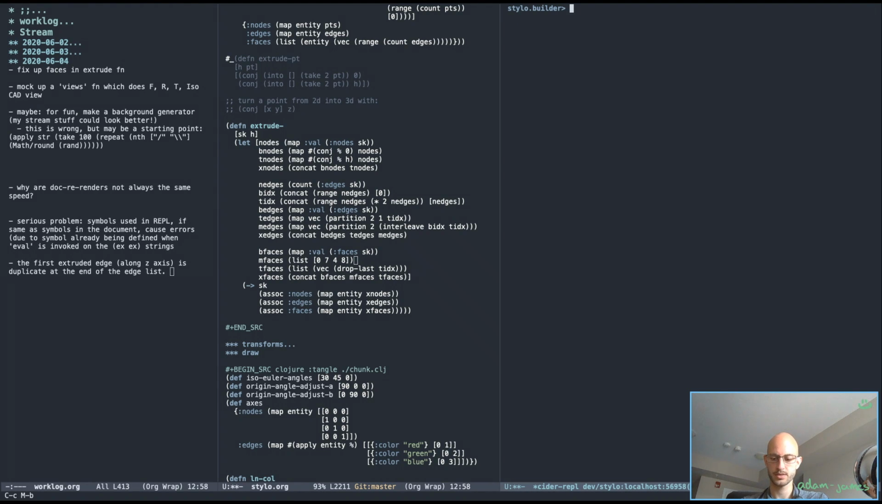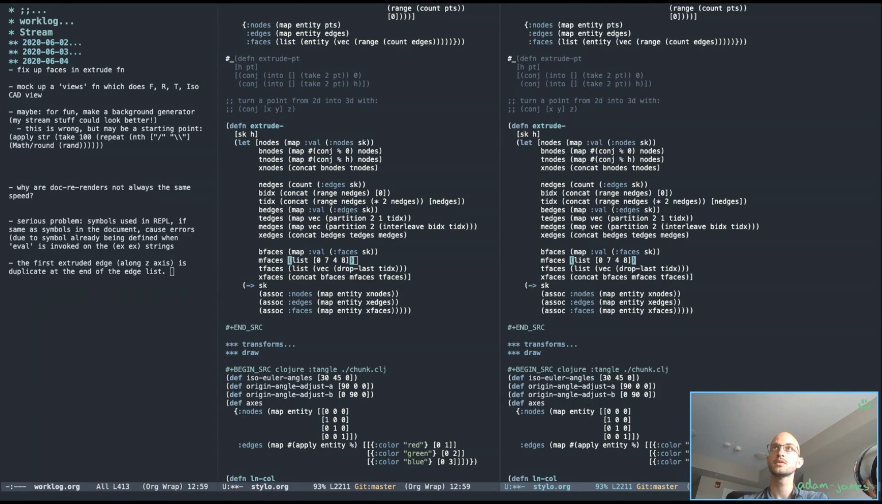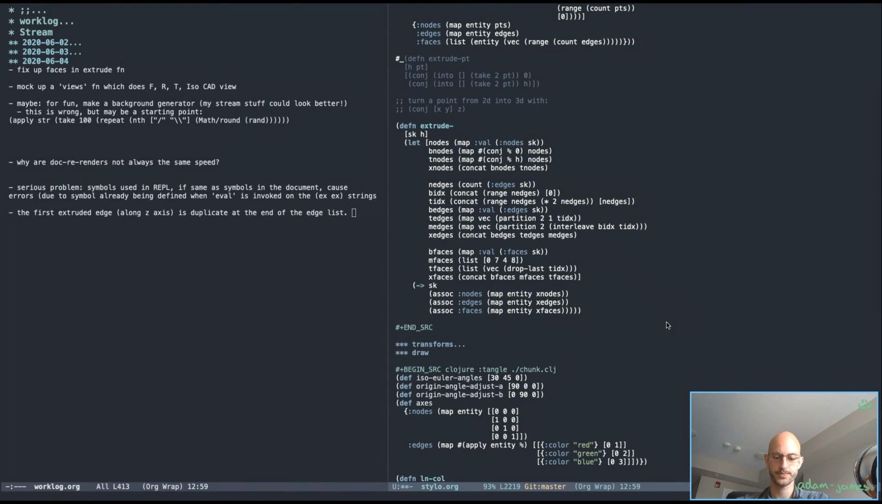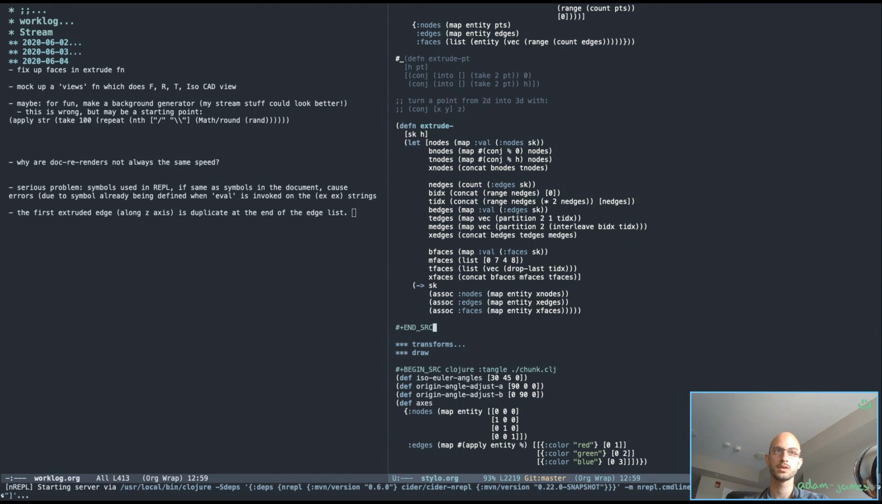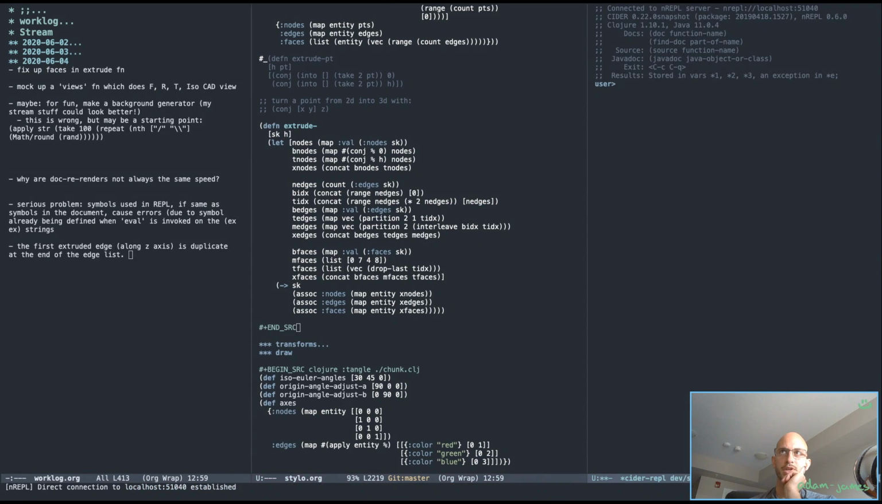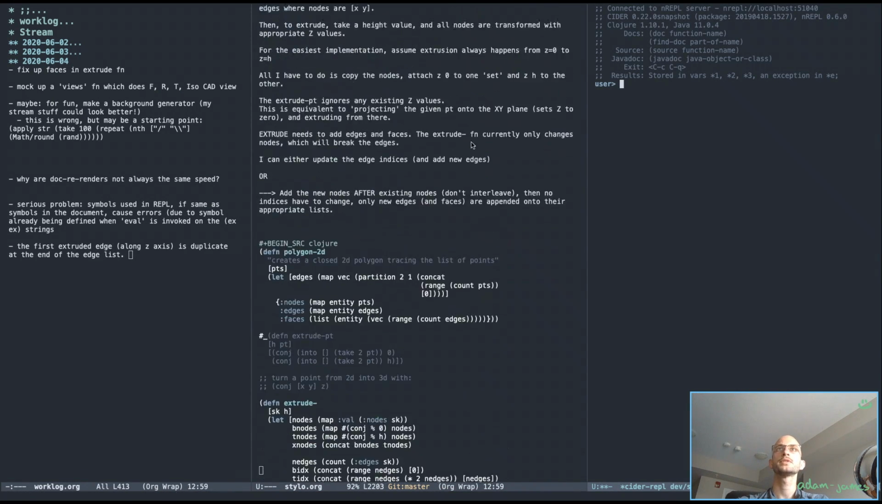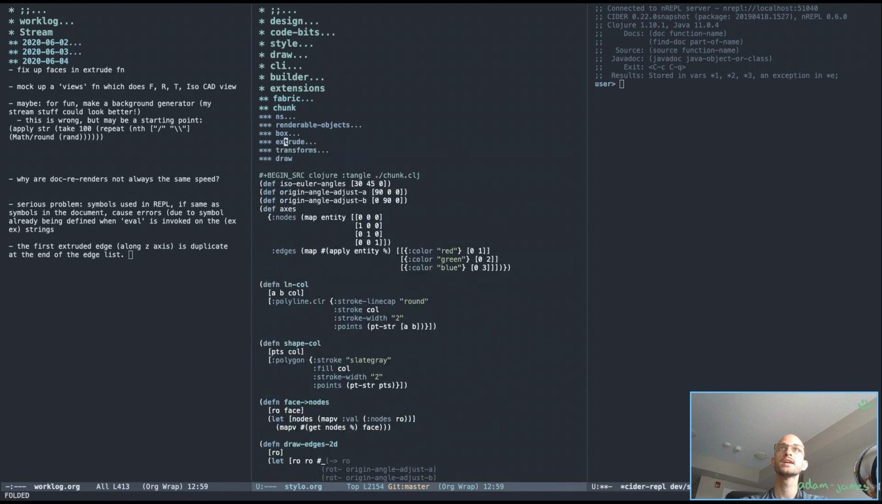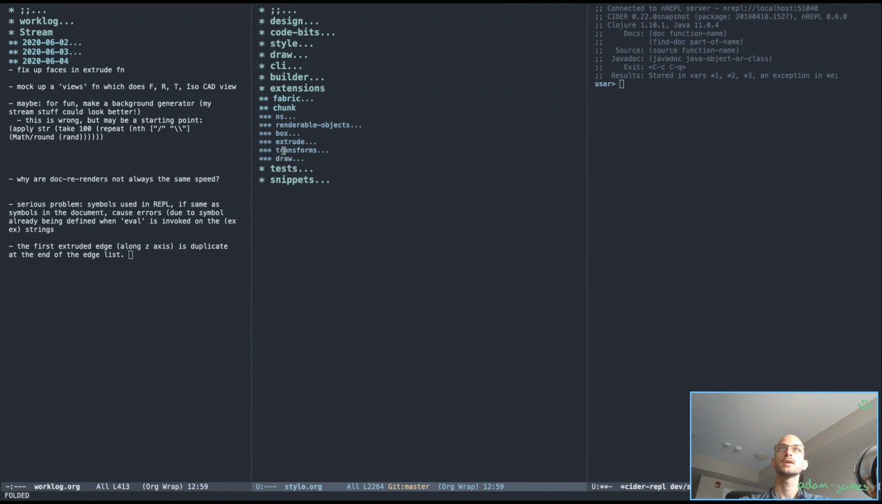let's see here. Kill the REPL. See if I can restart it. Let's see. Is it going to start? Okay, good. We are in the REPL. That's good. That's a good thing. All right, so